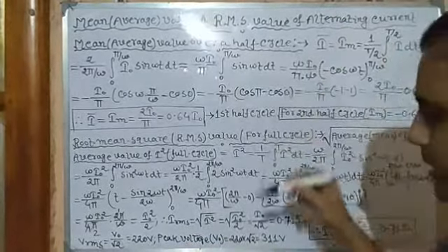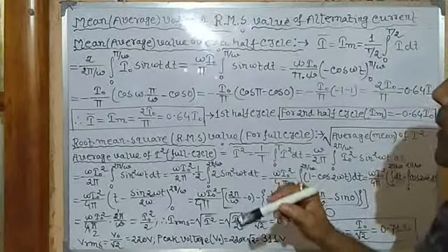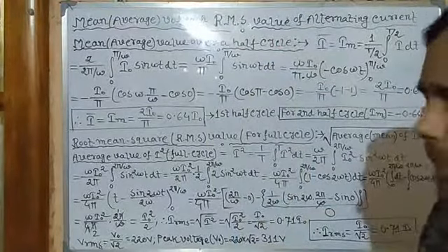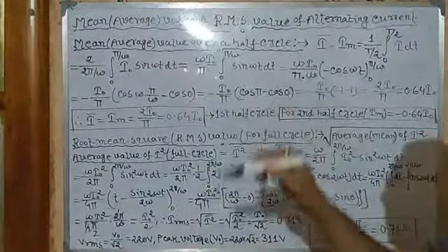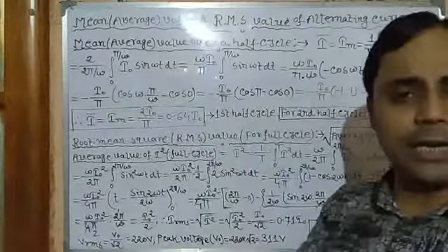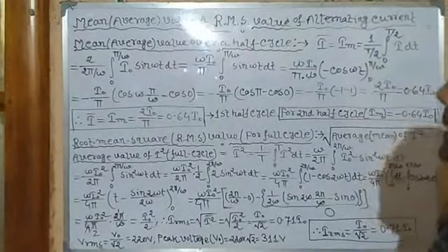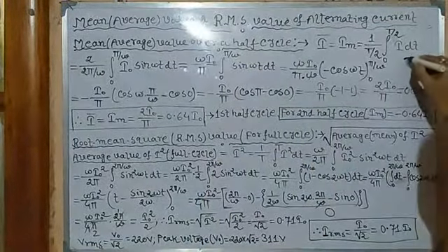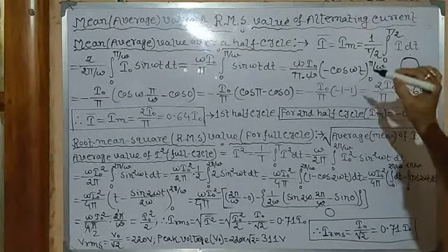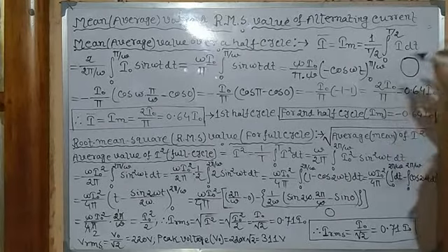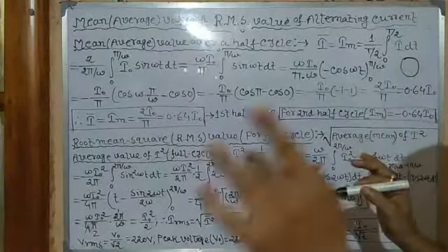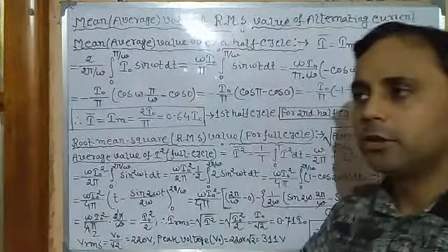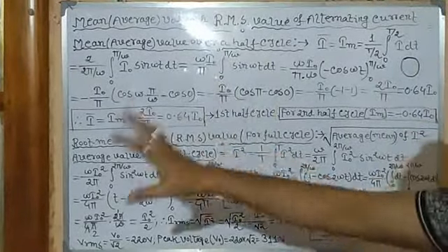So since the first half is positive, if it is plus I, then for the next it is minus I. We have seen, isn't it, plus I0 and minus I0. So if we calculate its average value, plus I minus I divided by 2 equals 0. So that's why the average value of alternating current over a full cycle, a complete rotation through which a circle is completed, is 0. Since plus and minus, it's 0. So that's why the average value of alternating current has no meaning over a complete cycle, and it only exists in the case of a half cycle.